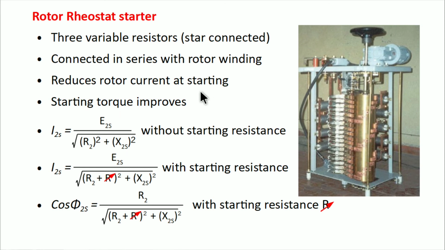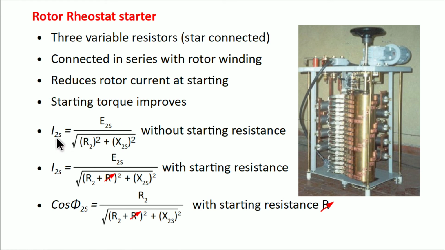resistance in rotor circuit. So rotor current decreases. As a result, the starting current of the motor is controlled. So the starting torque also improves. This is additional advantage of this starter, that while controlling the starting current of the motor, it also improves the starting torque. The motor can be started on load. The maximum torque can be obtained at the time of starting.